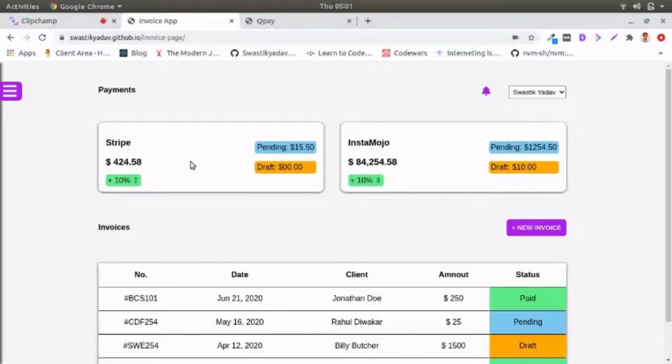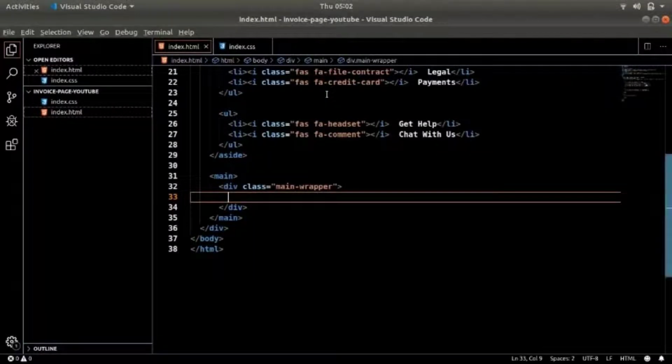So how am I going to go about the header? For the header, I will have one parent inside which I'll have two elements. One will be this payment and another will be these two, the bell icon and this drop down, in one element, so that when I do display flex, both of them will automatically get aligned horizontally. So let's try and do that.